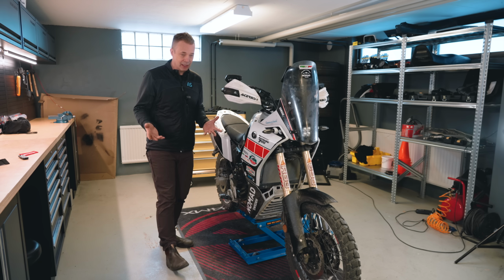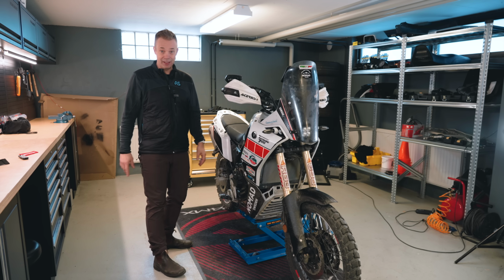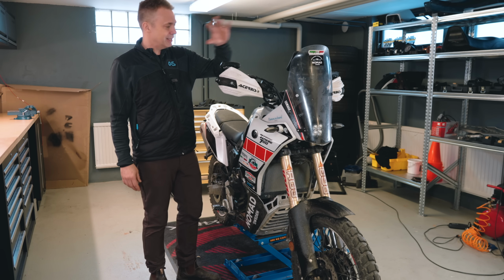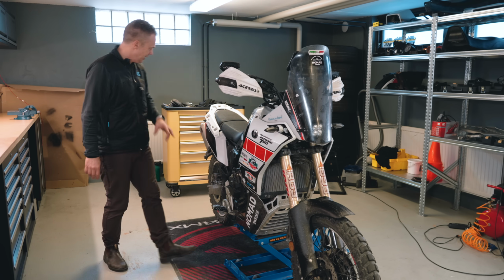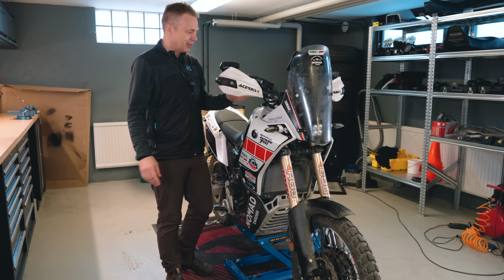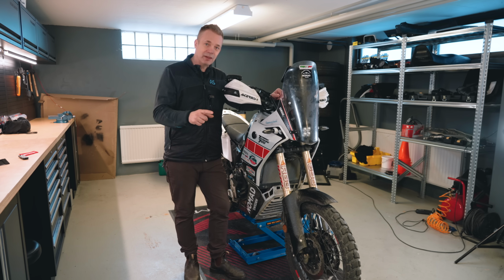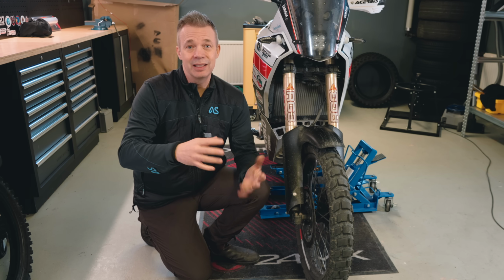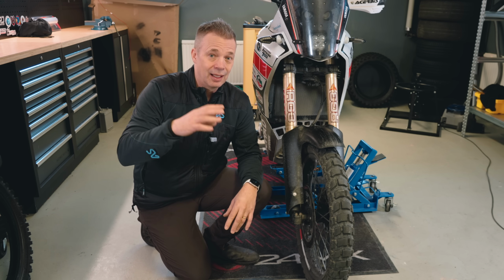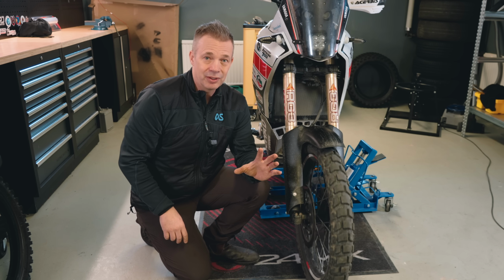So let's start with the bike. You got yourself an adventure bike of some sort. I've done so many things to my bike: the upgraded suspension, the rally tower, big fat navigation, steering dampener, high exhaust, twin pegs, brake fix, and all of that stuff. If someone were to get started with a new bike, I would only recommend doing one thing. Adventure riding often means leaving the tarmac, going on gravel and forest roads and things like that. The only thing I would change on a new bike would be the tires, because they are often delivered with